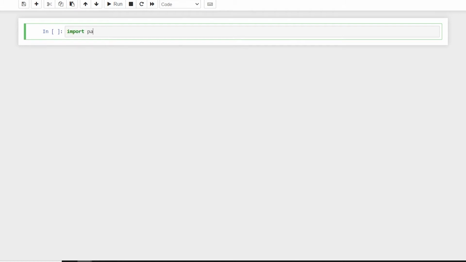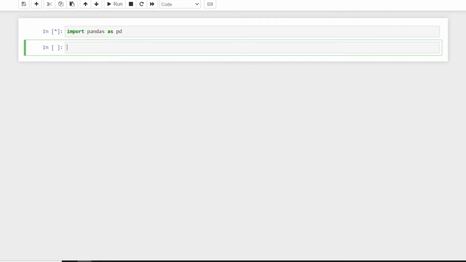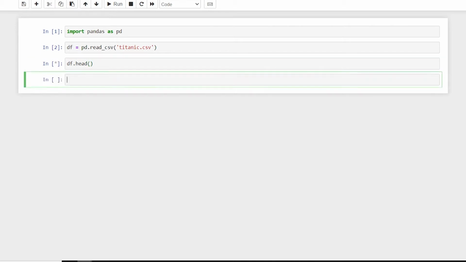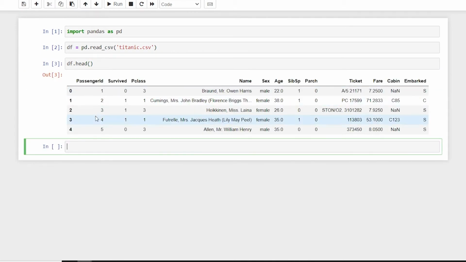First of all, I'll import pandas, and then I'll say df, that is the name of the data frame. df is equal to pd.read_csv, and I'll say Titanic. The Titanic dataset, I have already shown you how to download it in the Getting Started video, and you will also have it with the repository itself. The source code will be in the description box, along with the dataset. So this is my dataset.